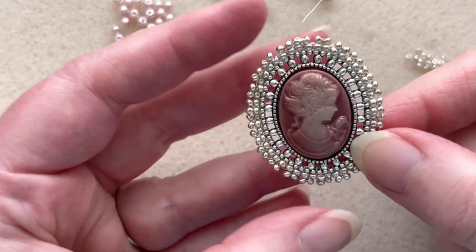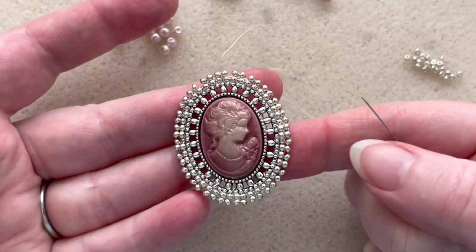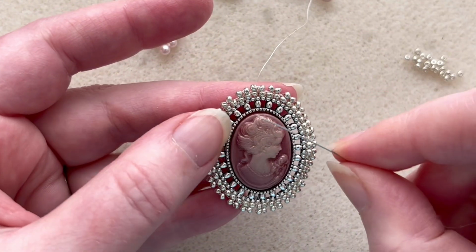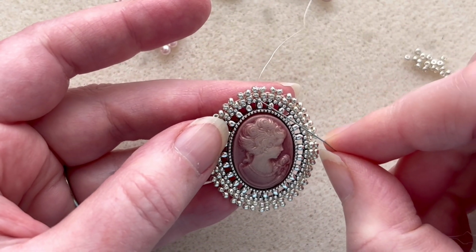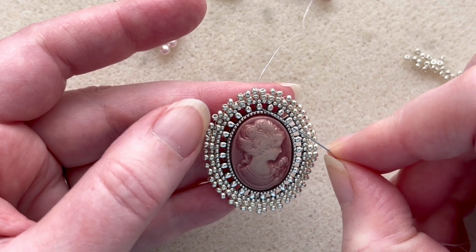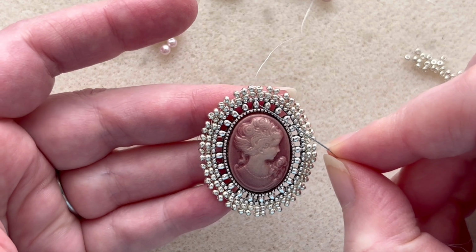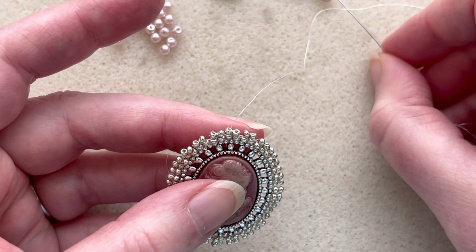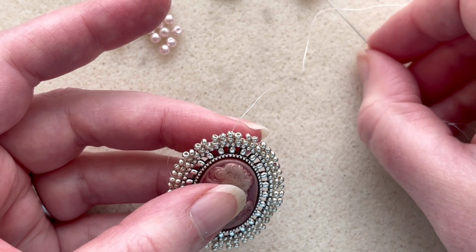And it is still a little ruffly. It's not sitting perfectly, but that's absolutely fine. So just make sure that you are coming out of your columns, your pair that is above the center bit here, okay? And what you're going to do is pick up a 4mm bead,